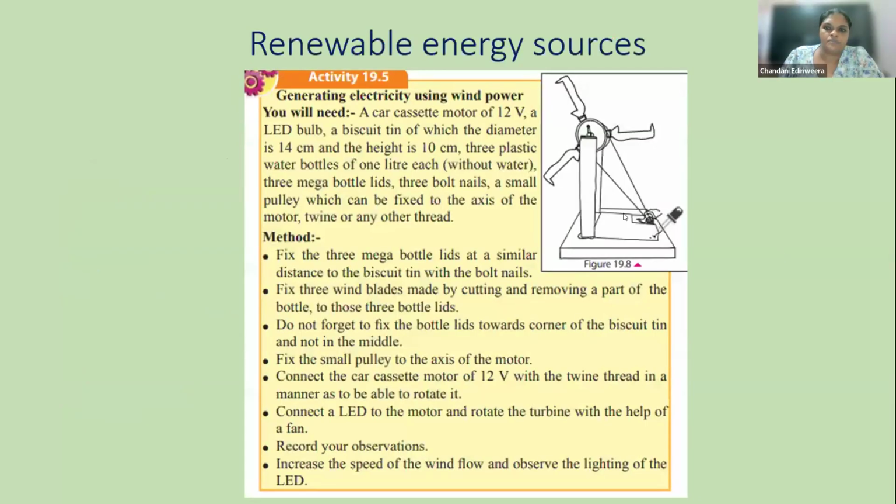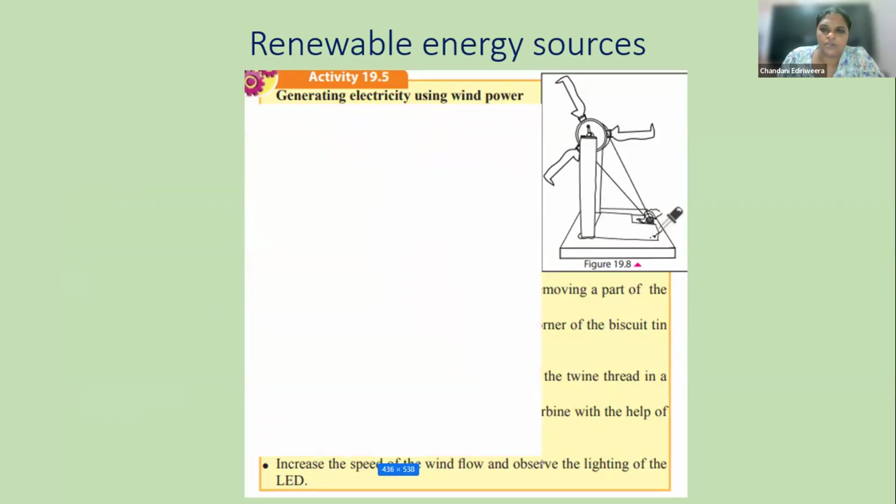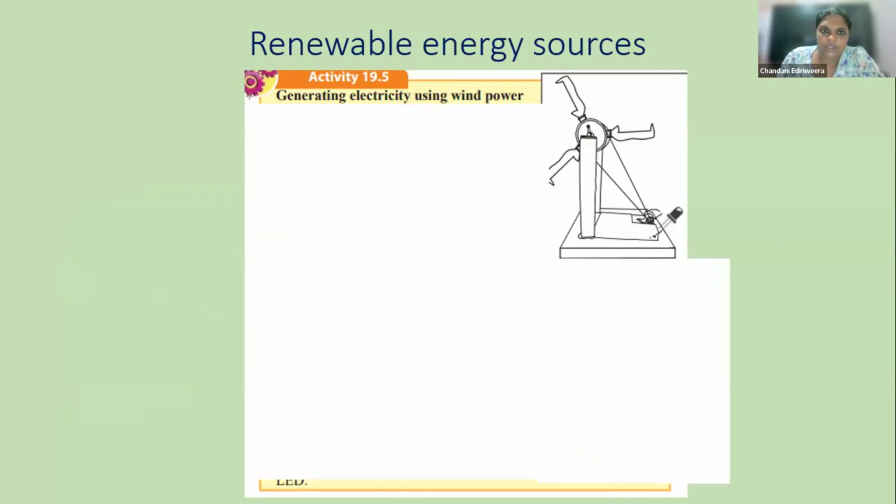And now we'll draw a small diagram here. Generate electricity using the wind power. And we can